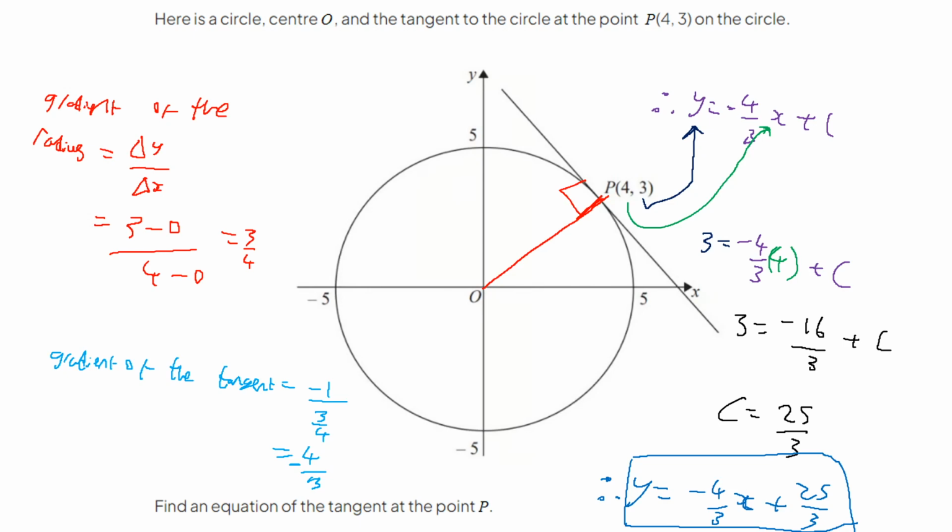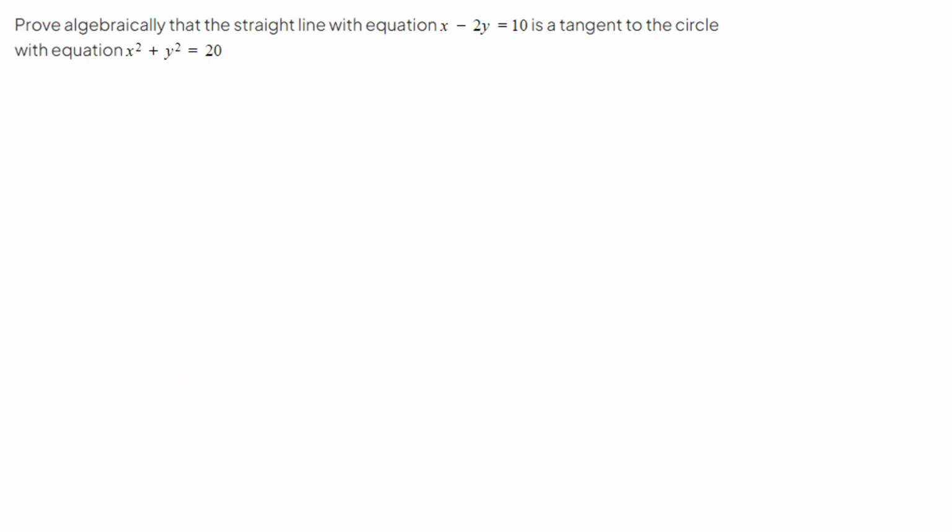But more on tangents. What if we're asked something like this? Prove algebraically that a straight line with equation x minus 2y is equal to 10 is a tangent to the circle with equation x squared plus y squared equals 20. Well, remember what I said in the last video: if it doesn't make sense to you, draw a diagram. So if we draw a small sketch,